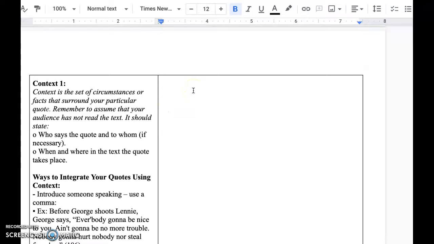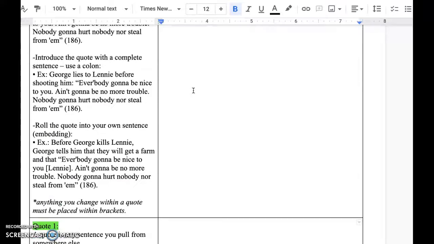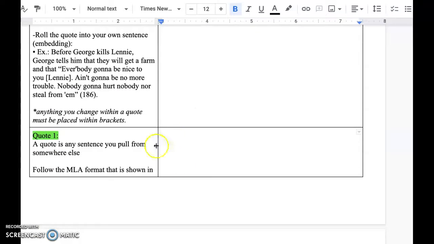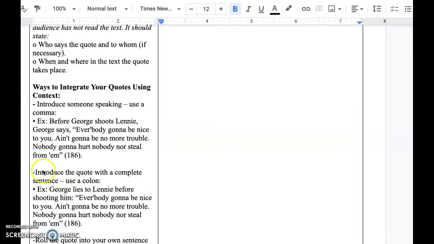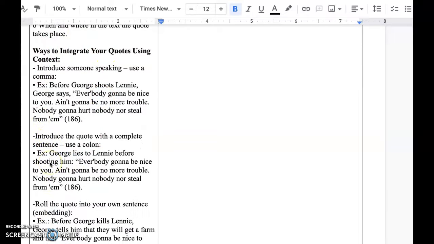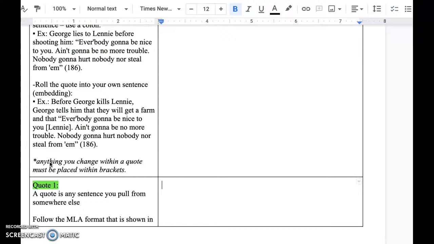When you come up here, you have to give information for the reader. Assume that reader has never read the text before. So you might want to mention how the society keeps everything equal. You need to introduce who Harrison is. Anything that you think the reader should know in order to understand the quote that you're putting here. Read through this column to get some ideas about how to introduce a quote.